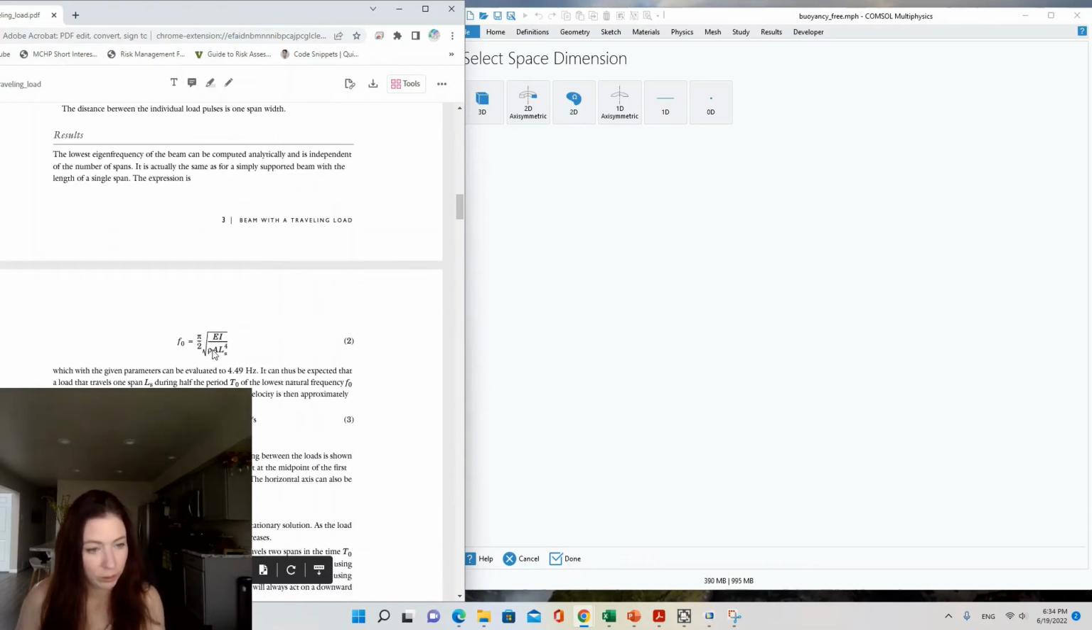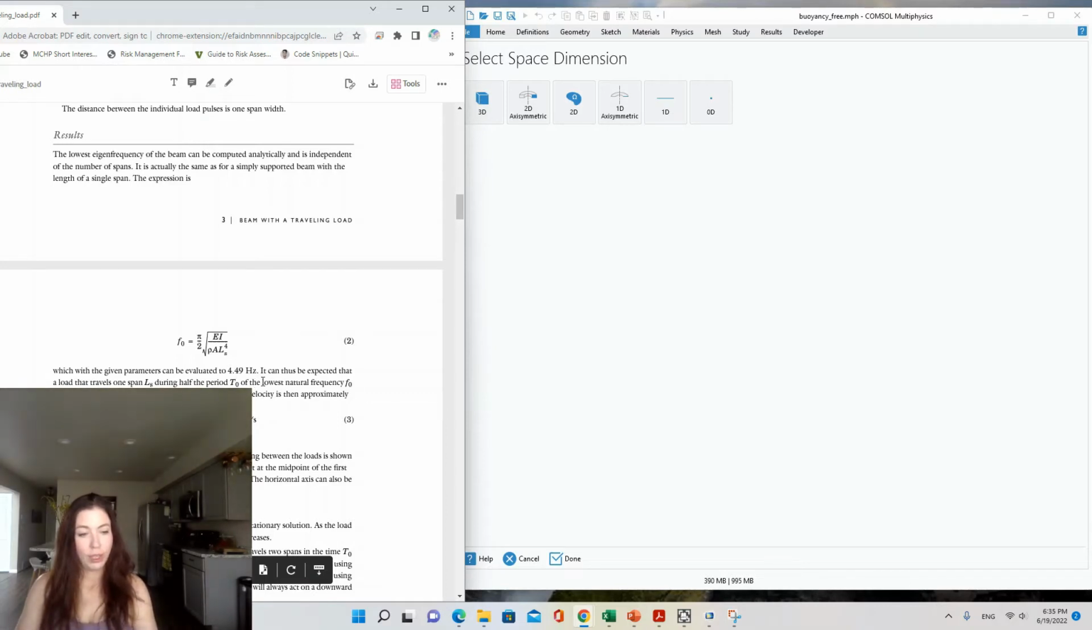Well, I guess we'll figure it out. Over rho, the density, times the area, I'm guessing A is the area, times LS, which is the span length, to the power of 4. So it's evaluated to be 4.49 hertz for a concrete beam. It can thus be expected that a load travels 1 span, LS, during half the period